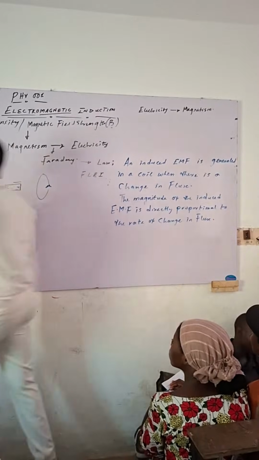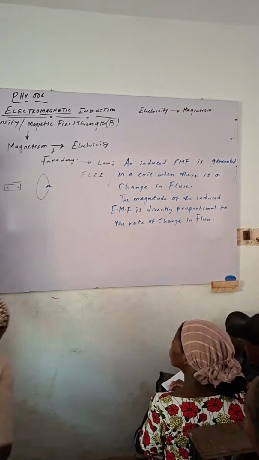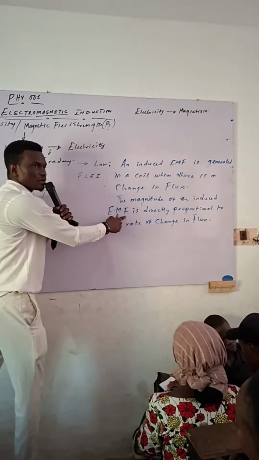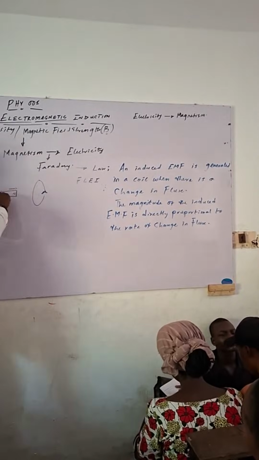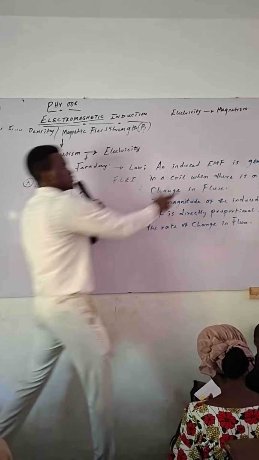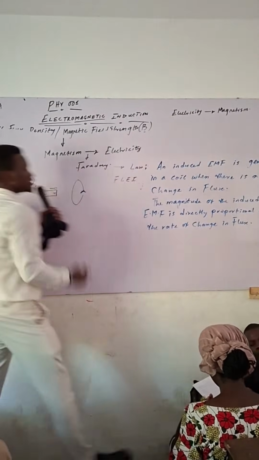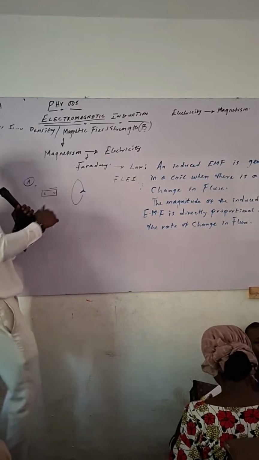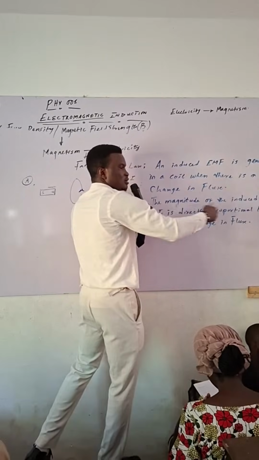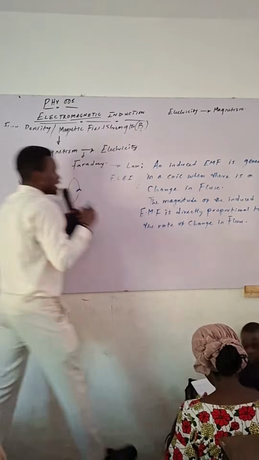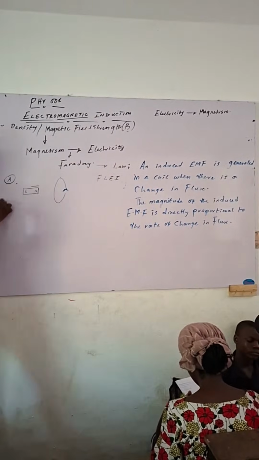So now, that just explains Faraday's law. So Faraday's law states that anytime there's a change in flux, there will be an induced EMF. And that induced EMF will be more if the flux is changing at a particular rate. So now, mathematically,